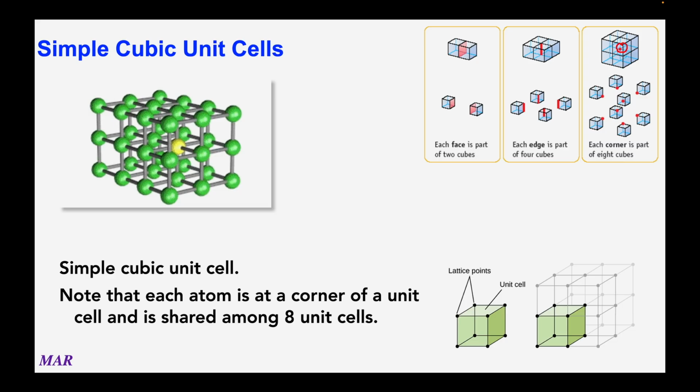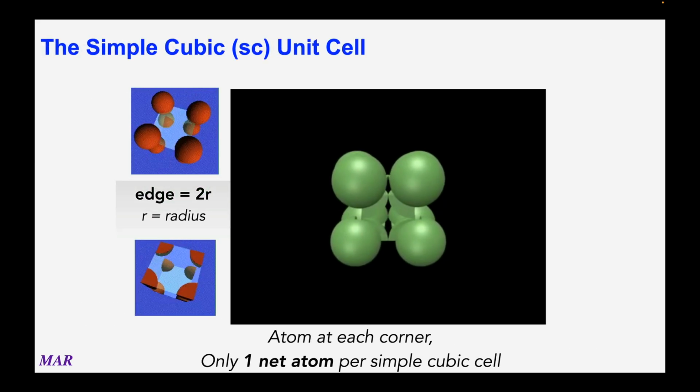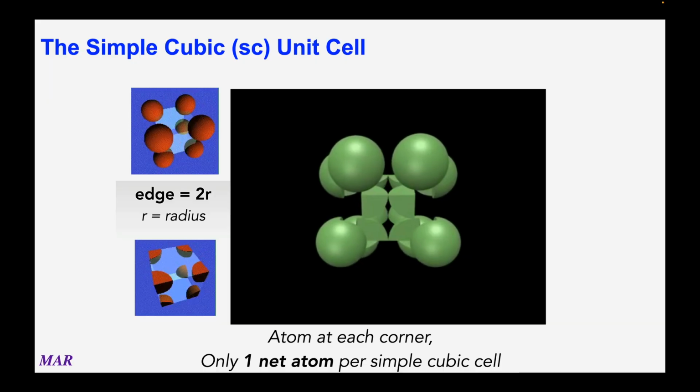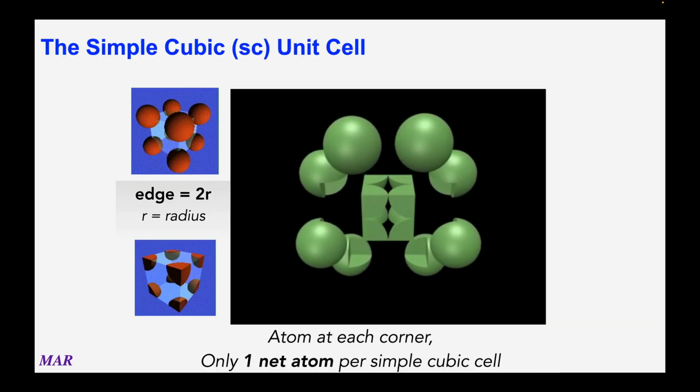But each of those corner atoms is actually part of other cubes as well. So we'll see how this all fits together. It's pretty neat how Mother Nature makes these repeating units, and we can use this to understand the properties and stuff like that. The simple cubic unit cell is literally just where you have an atom in each corner